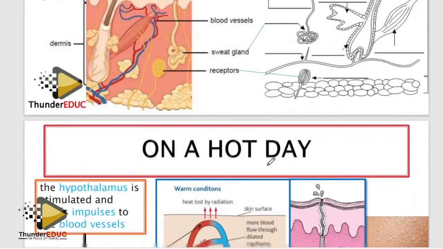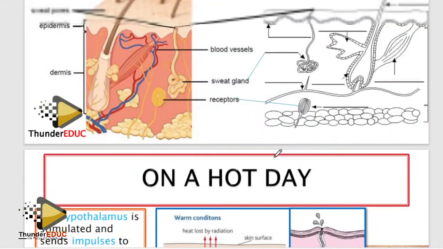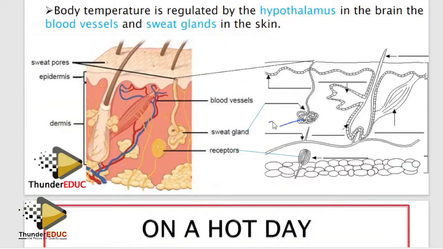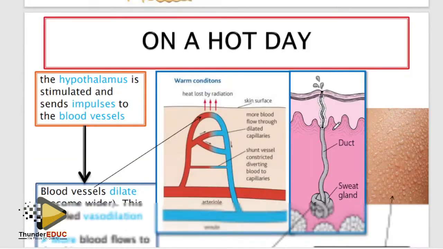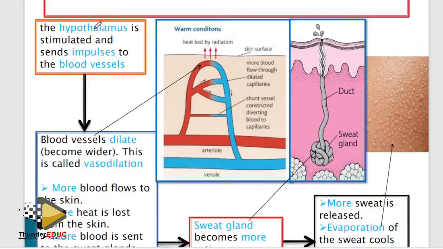Skin. Skin is S. So sweat, what you need to know about is sweat gland, sweat duct, sweat pore. Then what you produce is sweat. 1, 2, 3, 4. Sweat gland, sweat duct, sweat pore, and then sweat. So the S, if they ask you to label, and then blood capillaries, that's it, nothing else. So here, hot day, you'll be seeing more sweat. So please know how to operate this.